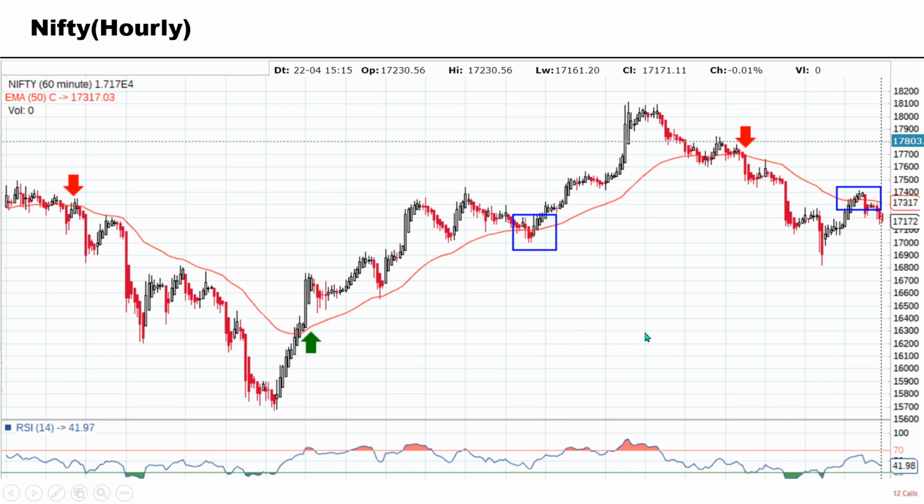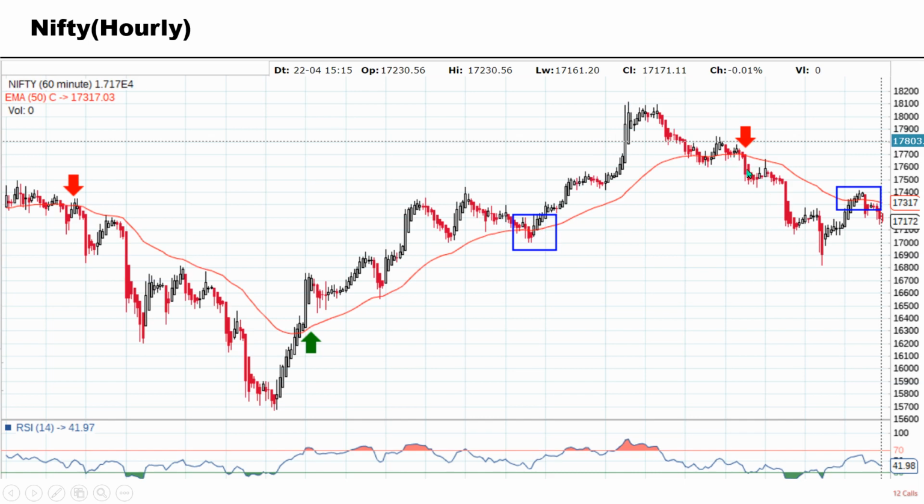Okay, now look at Nifty on the basis of the hourly chart. You see the trend change here, it came down almost, I think, 1,000 plus points. Again a trend change here, and this is again a good move, right from 17,000 to 18,000 plus. So this is again almost 1,000 points, and you see it was consolidating, though it broke a couple of times, but took support around the 50 EMA and changed direction.